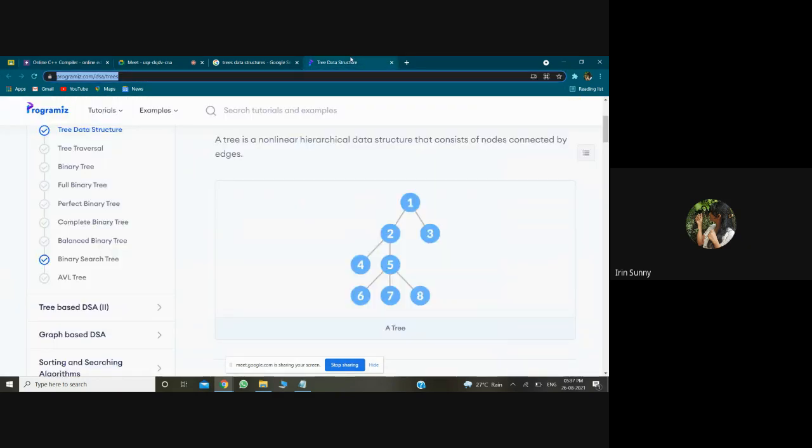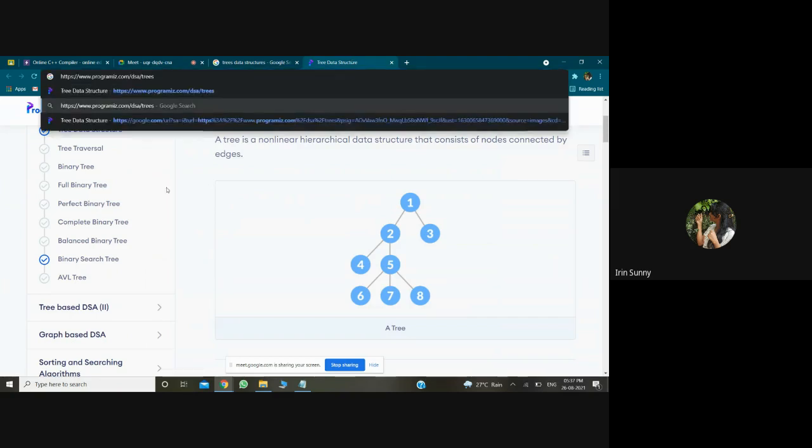Now, there will be questions based on this, to draw a node structure or to draw a tree. This is the basic concept of tree. The first node is a root node. The root node does not have any parent node. Then there are child nodes: 2 and 3 are child nodes of the root node. That is all about trees. Now there is how to input into a tree and how to output from a tree.